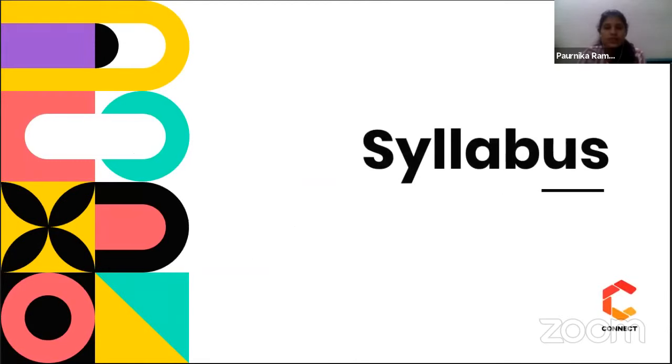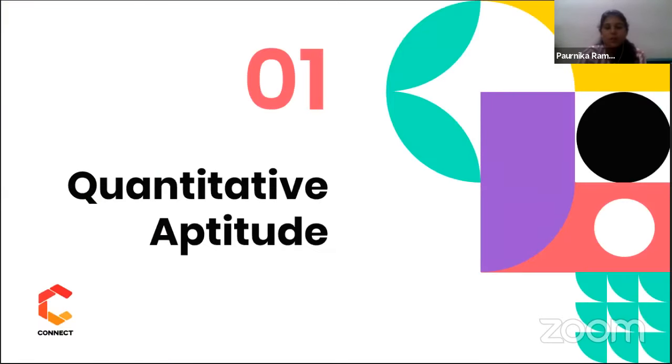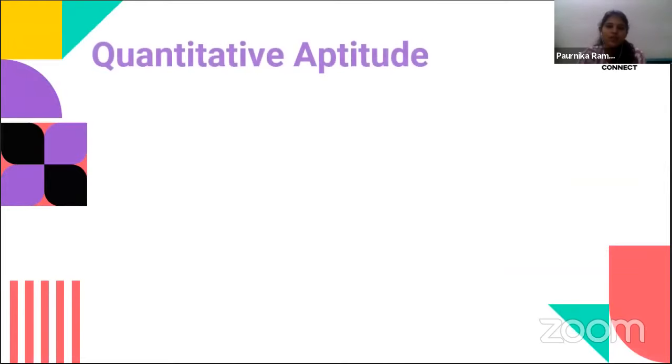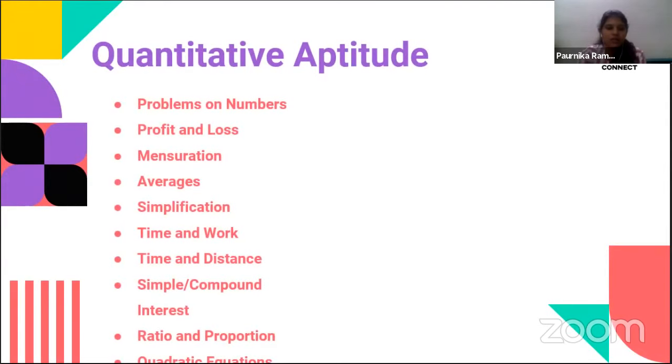All right, so we're going to see the syllabus of each and every topic. Number one, the first section, quantitative ability. I've listed all the topics on quantitative ability. I guess the quadratic equation section is not visible to you. The last one there is quadratic equations. So we have a variety of topics that have to be covered to approach the quantitative aptitude section of Hexaware.